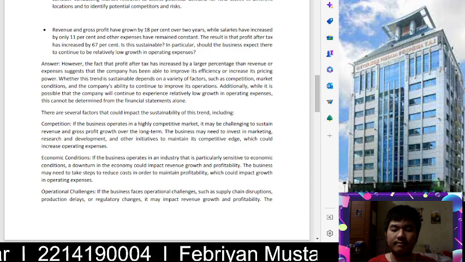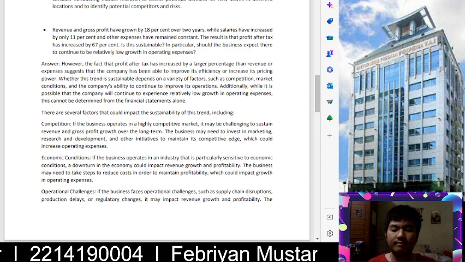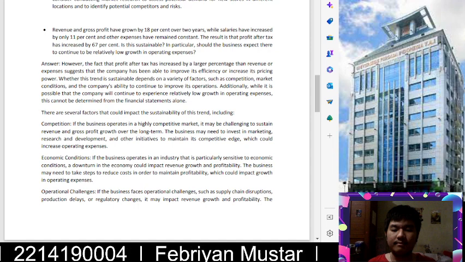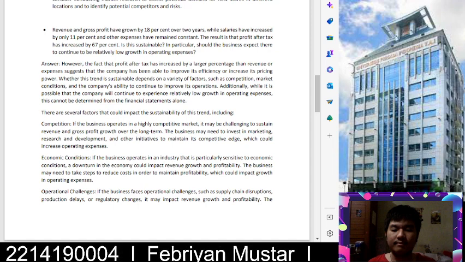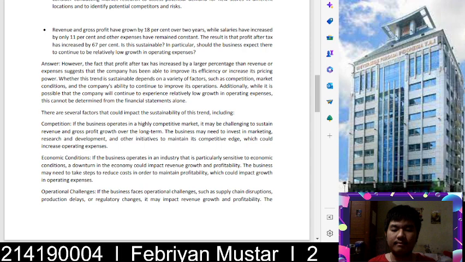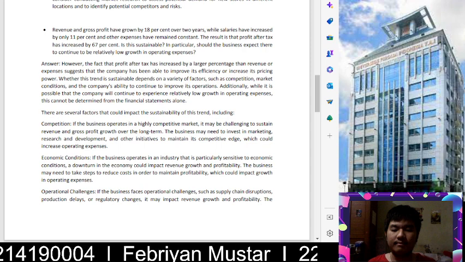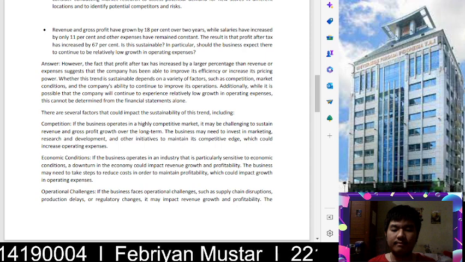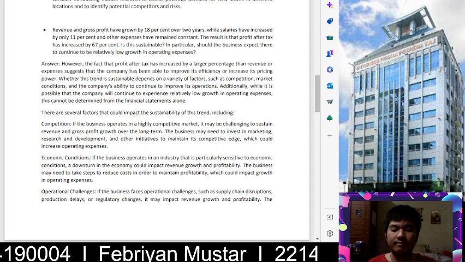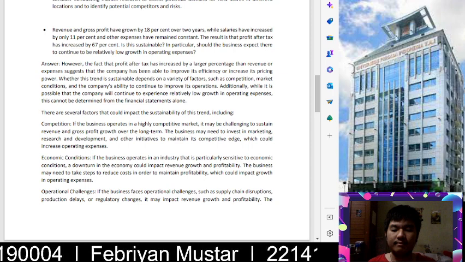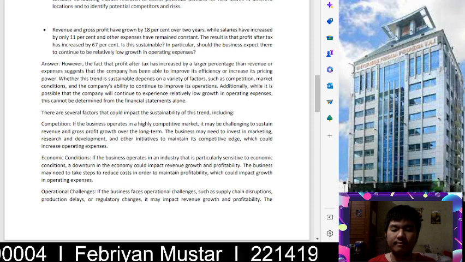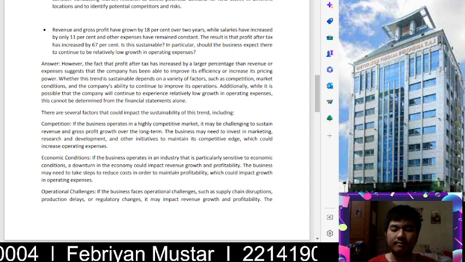Additionally, while it is possible that the company will continue to experience relatively low growth in operating expenses, this cannot be determined from the financial statement alone. There are several factors that could impact the sustainability of this trend, including